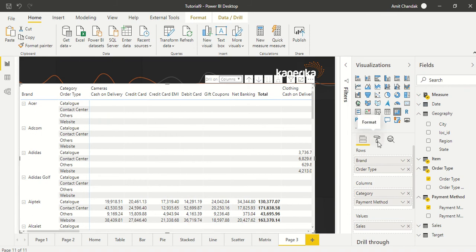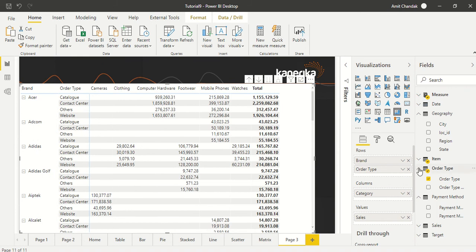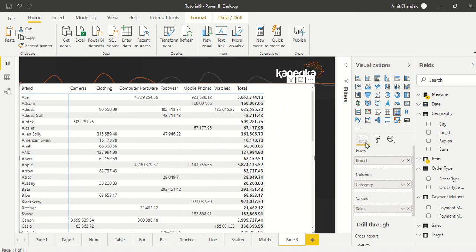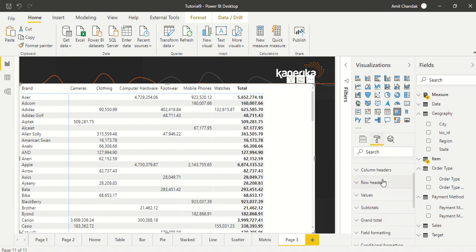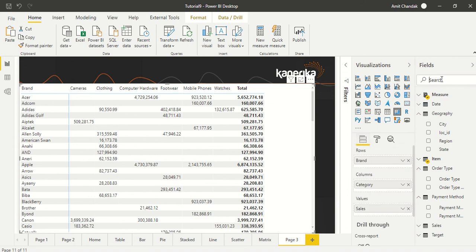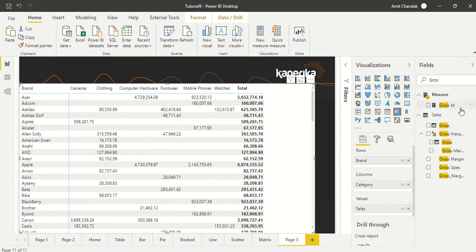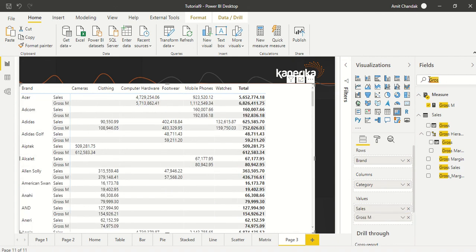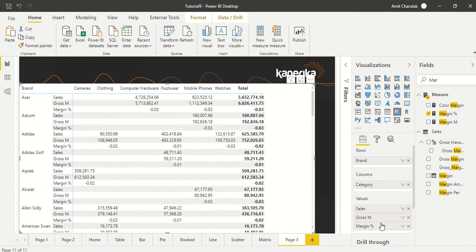Now there is one more option, and right now we are inside a very complex UI. So let's reduce the complexity, and let's do one more thing, and then we will add a few more. We have something known as show on row. So we check this out, and now look. You did not observe the difference. To observe the difference, we have to add one more measure, gross sales. We add it here, and you start seeing it. Now let's add margin also here. Okay, so the measure is coming on row.